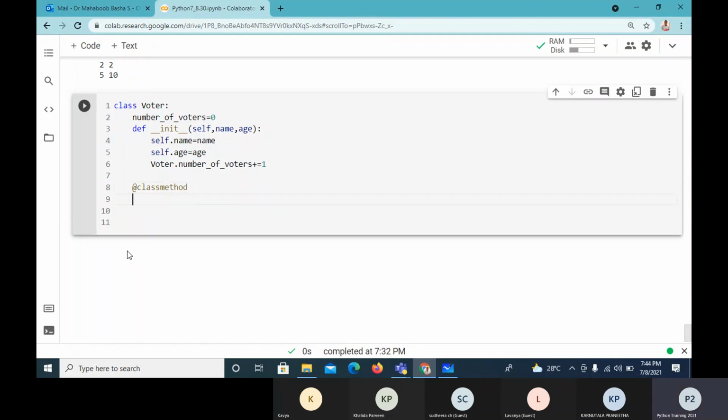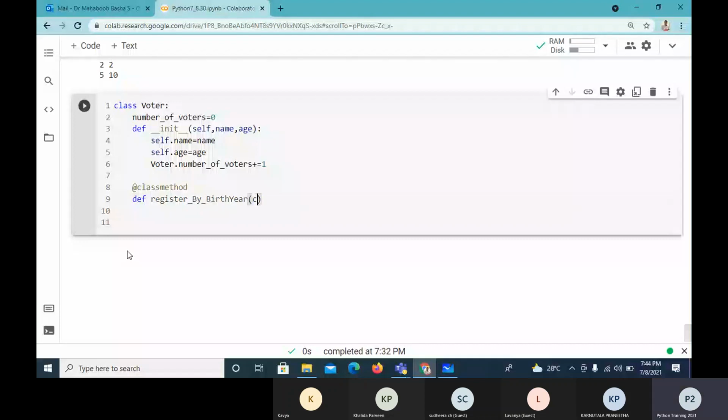So what I'll do here is define register by year of birth, or by birth year.